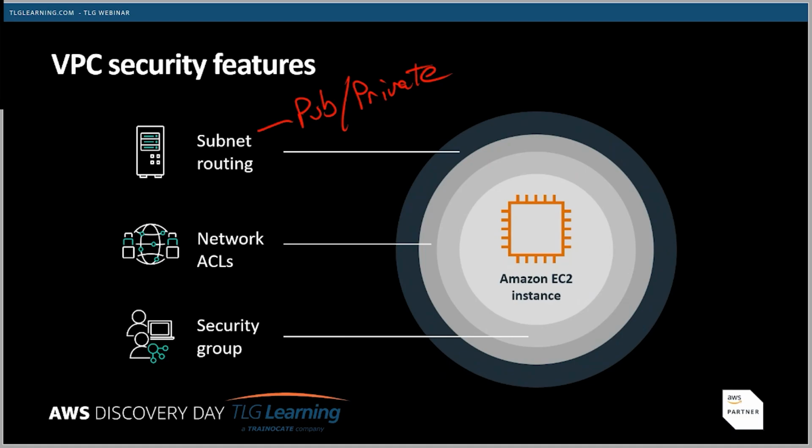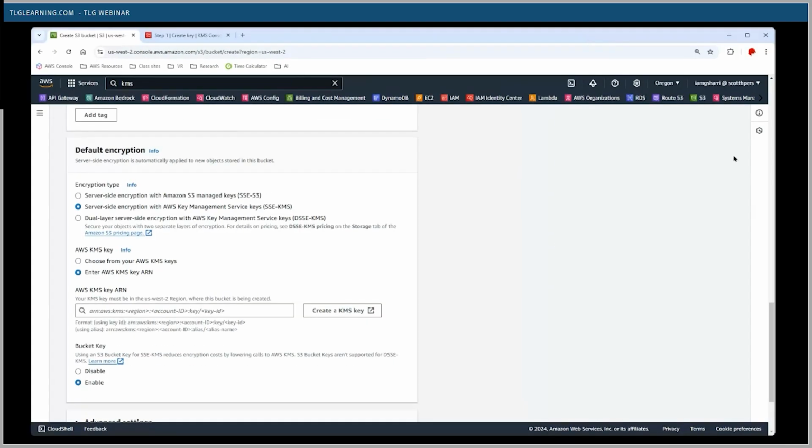And then further, subnets have network ACLs. These are applied at the subnet level. They filter all traffic in and out of the subnet. So those ACLs are like packet filters. And then you have security groups. Another layer of security. Security groups apply to EC2 instances, specifically the Elastic Network Interface that exists for that particular server, that particular EC2 instance. So you have multiple layers of security. And if you look at an example,